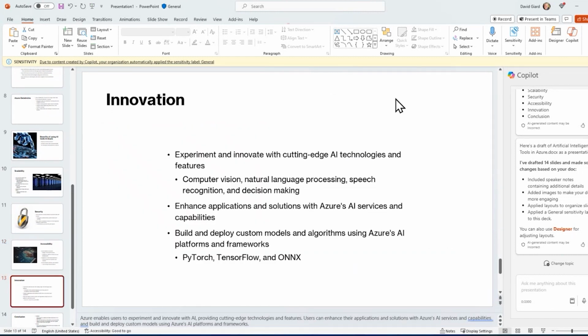In this video, I've shown you how to create a document in Microsoft Word, how to modify that document, how to summarize it, and how to transform a Word document into a PowerPoint presentation, all using